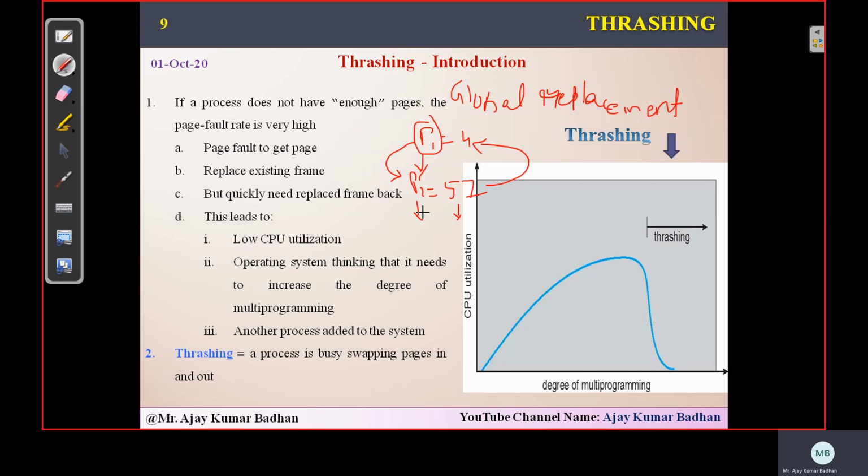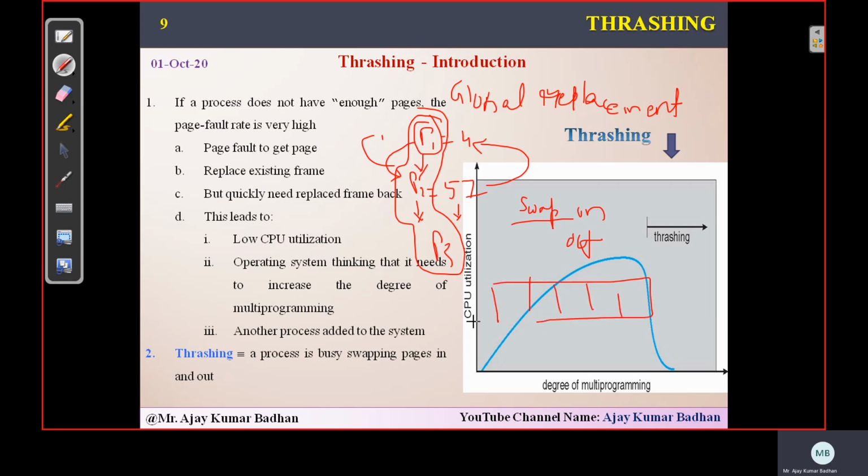Now, what will P2 do? It will try to access the pages of another process, maybe P3 or maybe P1. So what happens when they are accessing that particular frame? What are we doing exactly? We are trying to perform swapping, swapping in and swapping out. Most of the time, all these processes, P1, P2, P3, are performing swapping in and swapping out. We have a ready queue for storing the processes, but now when these processes are swapping, they are not present in the ready queue. Your ready queue is empty.